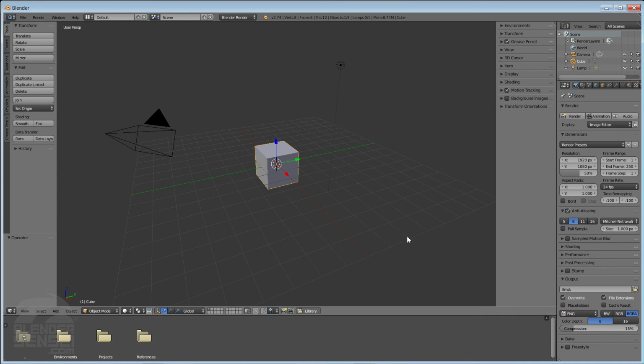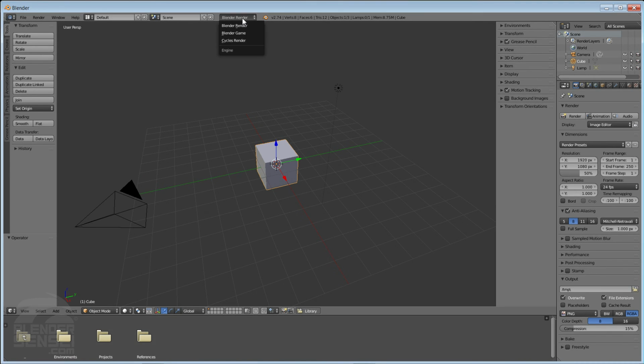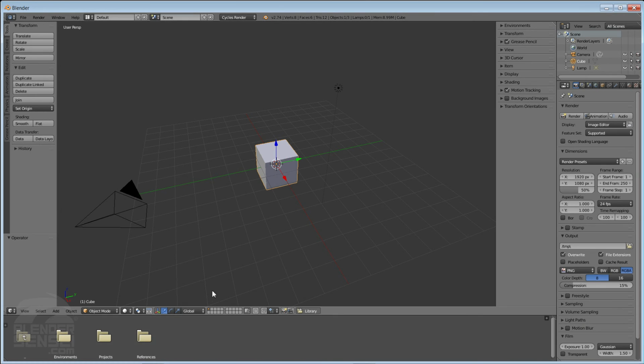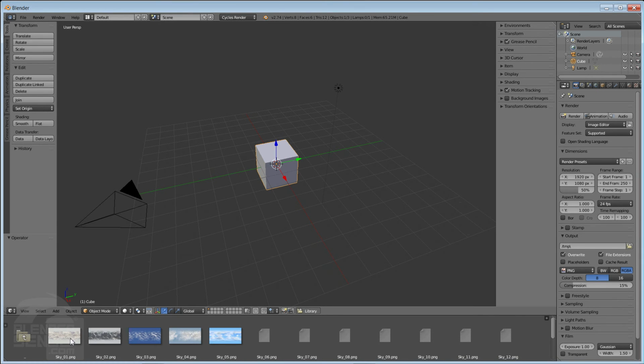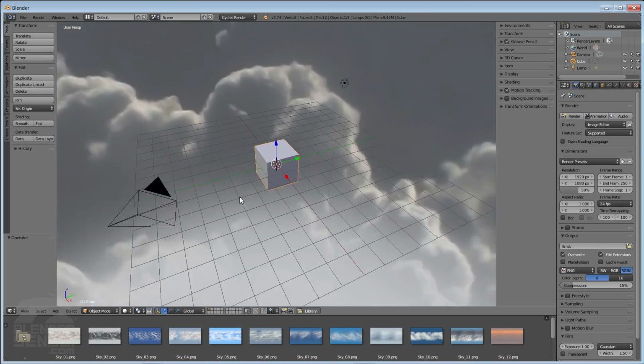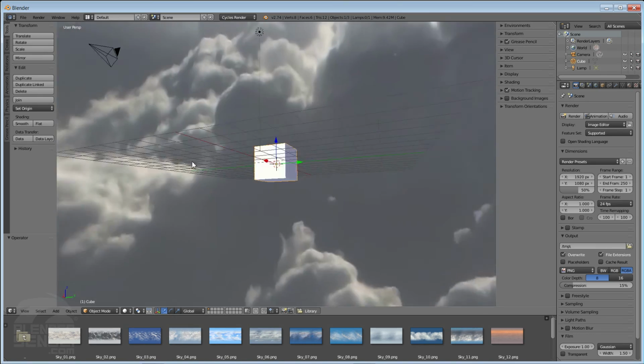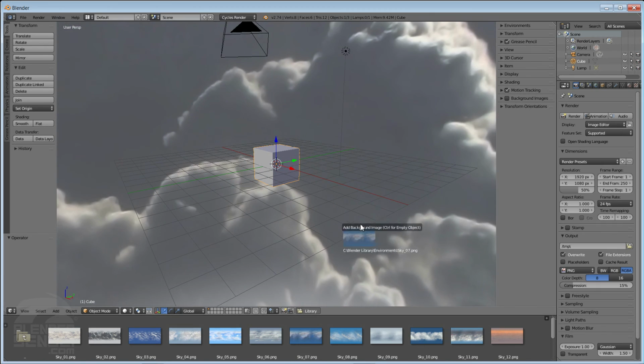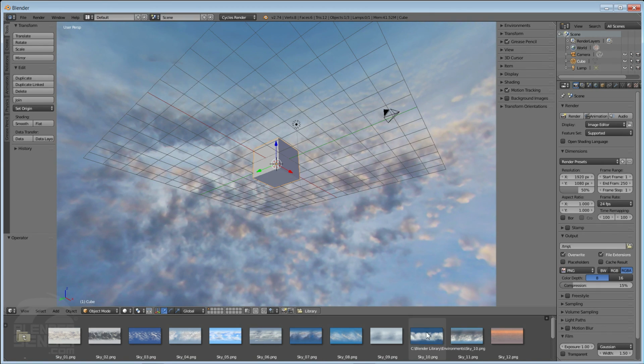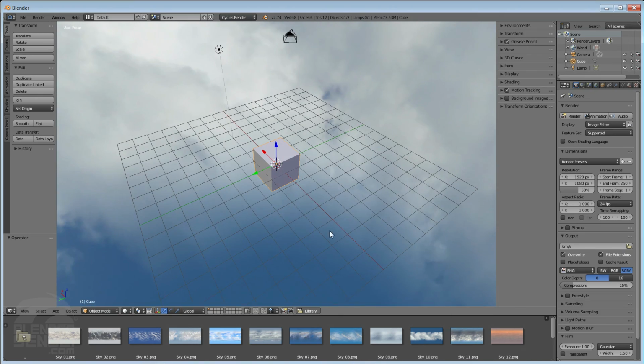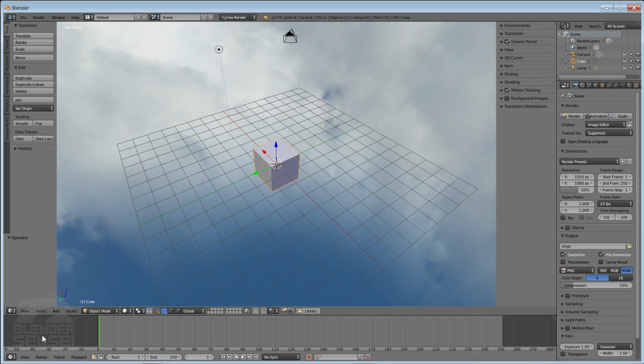Dragging an image into the 3D space automatically sets up the node system and world environments for both Blender Render and for Cycles. Okay, so if we come up here from Blender Render and switch to Cycles Render, and then select our environments, so we have our 12 environments here, and now we can just click on one, drag it into the 3D view, let go, and that's it. We have this big, beautiful, awesome environment, and we can do this as many times as we want. And of course, when we're done with that, we just press our library button,